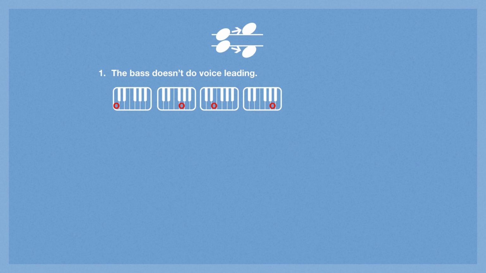The bass really can move around a lot. And I've sung in 4-part vocal choirs, and I've sung the bass, and very often I had to jump around a lot, and the bass is typically the hardest part to sing. I did a jazz quartet, and it was really quite challenging stuff. And that's because as a bass, you have to jump around way more than the other parts of the choir. So number 1, the bass doesn't do voice leading. And what you're seeing here will be a logical progression for any bass.